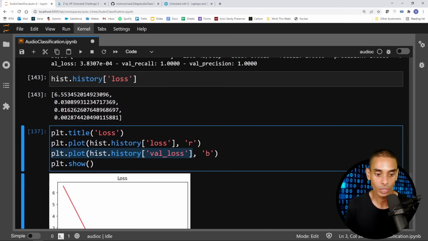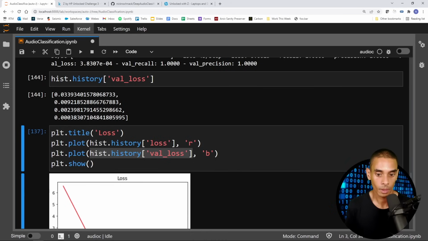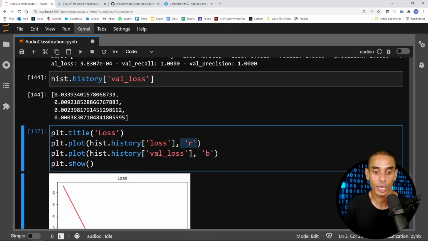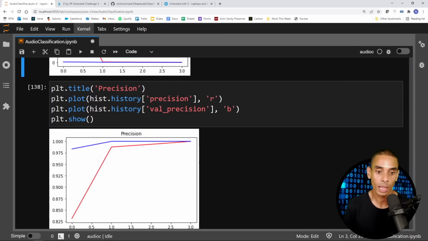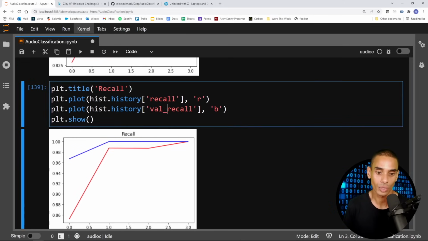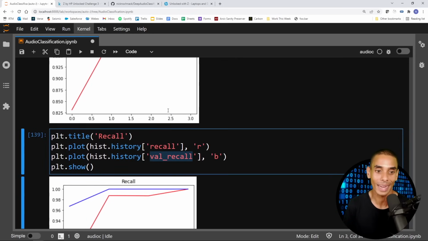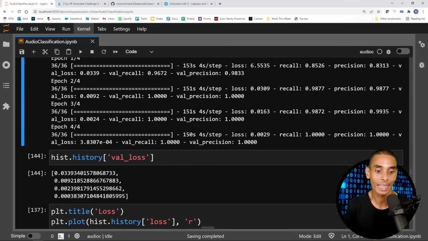Likewise, we can do it for validation loss. I've done pretty much the same thing there, except we're grabbing val loss. Pretty cool, right? And so I've set basic loss to red and validation loss to blue. Likewise, I've done the exact same thing for precision and recall. So we're grabbing precision and validation precision, recall and validation recall. But that is actually looking pretty good right now. After only 4 epochs, we've got pretty much 100% recall, 100% precision. Haven't done too much data transformations or data augmentation, but you could definitely add that as well